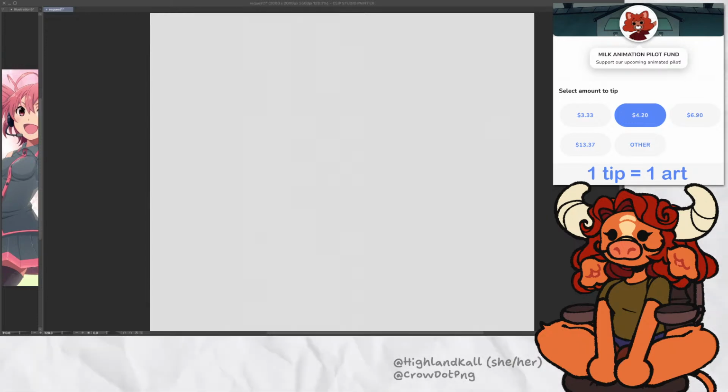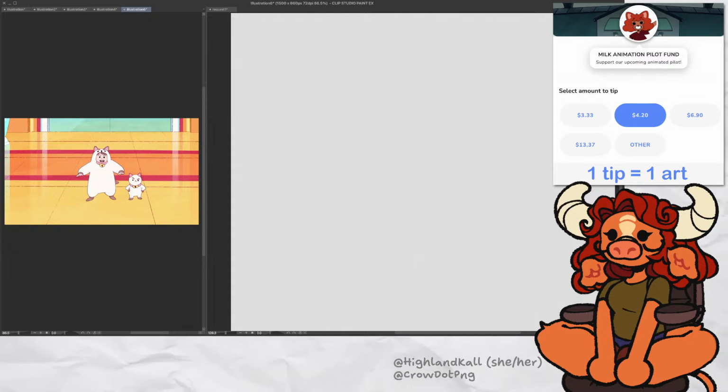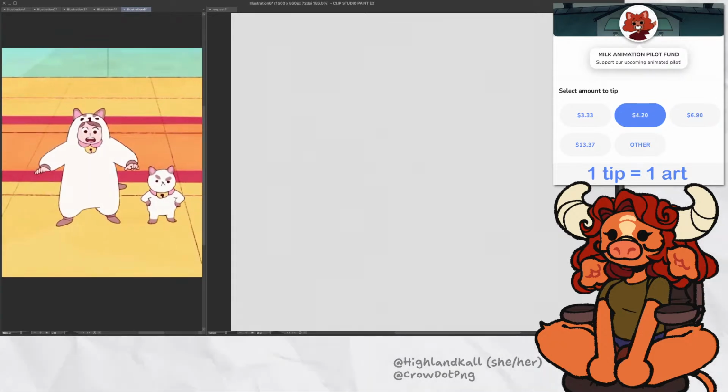I know what they look like, but you didn't ask for Bee and PuppyCat, but I just saw this shot and I don't think I got to this point in the show, but look at her. She's in a little PuppyCat onesie. That's adorable. So I'm gonna draw her in her PuppyCat onesie, holding him up in the air like this, kind of Lion King style.